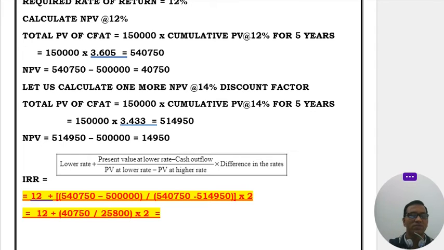That equals 12 plus 40,750 divided by 25,800 multiplied with 2, that is 3.15, that equal to